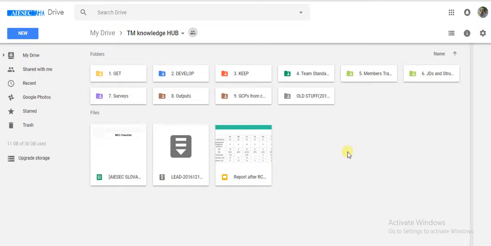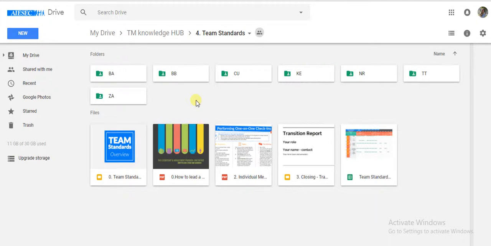This video is for you. If you are a team leader or a VP or an LCP, what we are going to do now is to show you how to use the individual plans and also how to use the individual personal plans and also the team sheets. So if you're having a team, you go to the team standards sheet, which you can